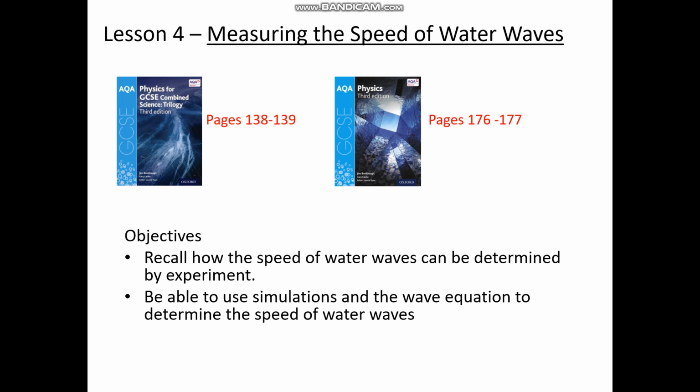This is lesson 4 in the GCSE Waves Part 1 topic, entitled Measuring the Speed of Water Waves. By the end of the lesson you should be able to recall an experiment which allows you to calculate the speed of water waves. You should be able to use data from simulations or otherwise allied to the wave equation to determine the speed